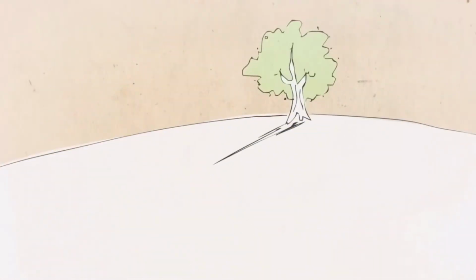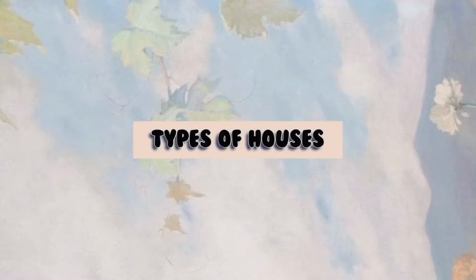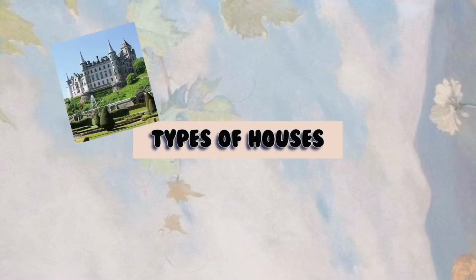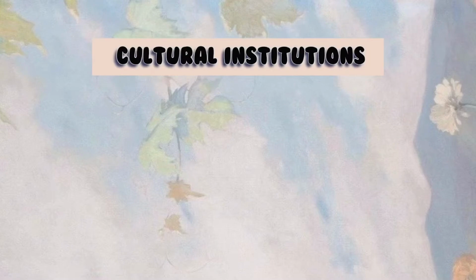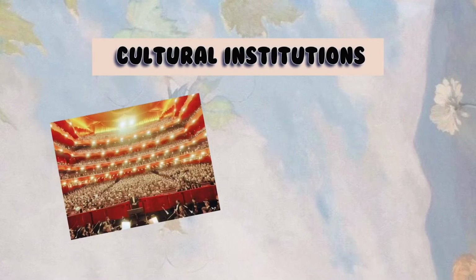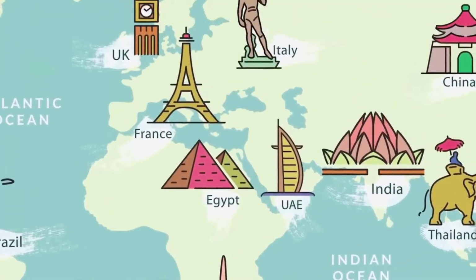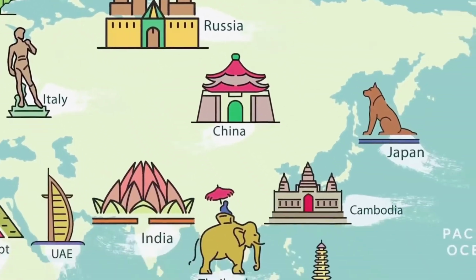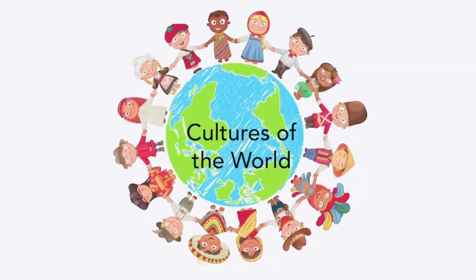We can take some examples from the English language throughout the ages. English has borrowed words for many things in this world. For example, types of houses, such as castle, mansion, igloo, and bungalow. It also has borrowed words for cultural institutions, such as opera and ballet. It often happens that one culture borrows from the language of another culture words or phrases to express technological, social, or cultural innovations.